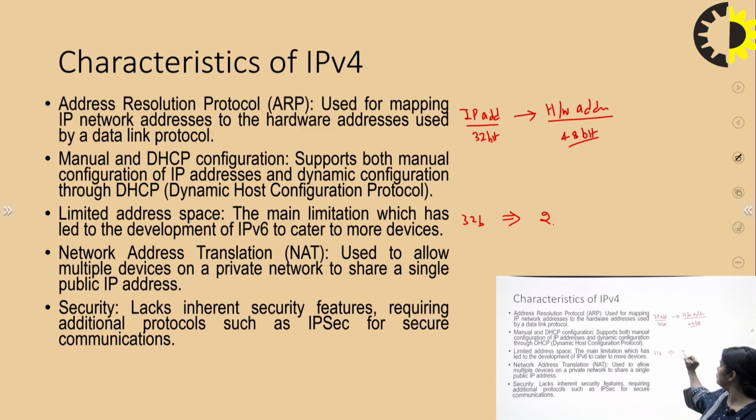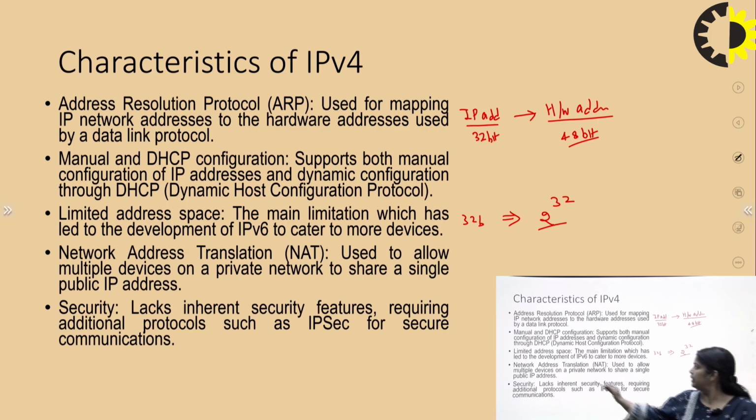So the total number of users is 2 to the power 32. As the population increases, a single person has so many devices, approximately 2 or 3 devices. It means the number of unique devices on the network is the population times 3. It means we need more addresses. But when we are using IP version 4, only 2 to the power 32 addresses are available, so the number of users on the network is only 2 to the power 32.